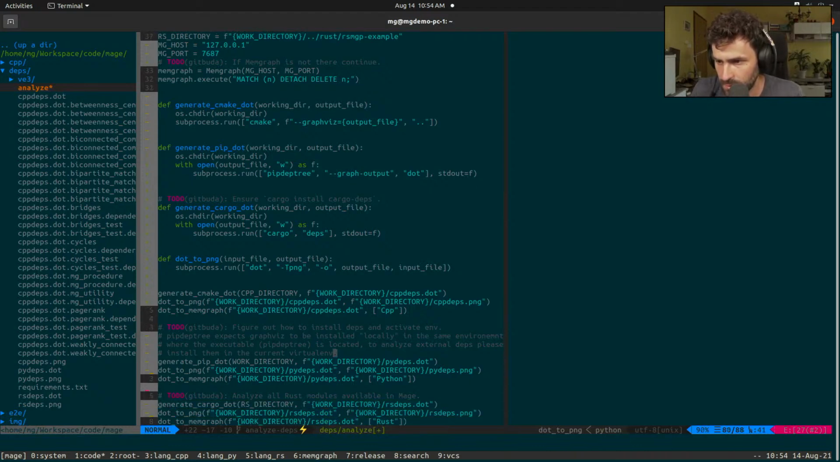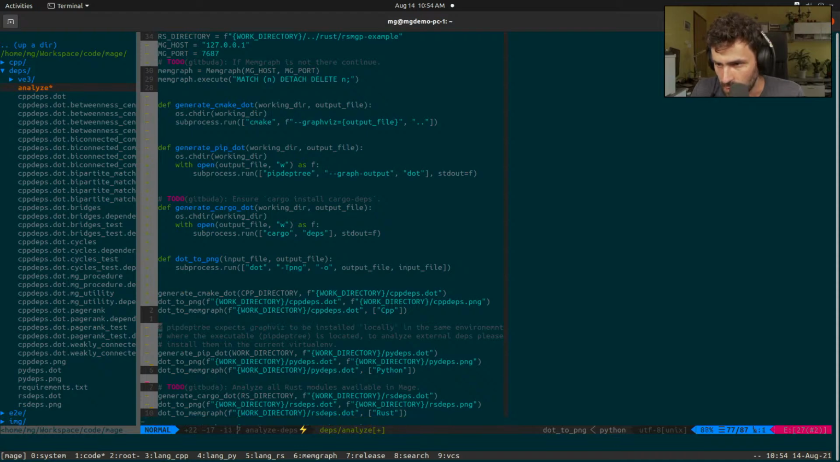So yeah, if some external dependencies should be analyzed, they should be installed in that virtual environment of the deps virtual env. Yeah, I'm gonna kill this to-do. Pip dep tree expects GraphViz to be installed locally in the same environment where the executable pipdeptree is located. Here I'll add